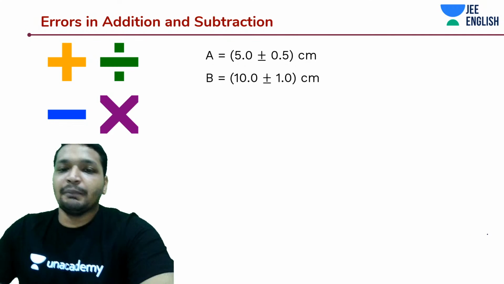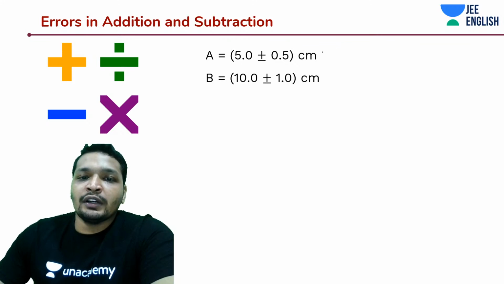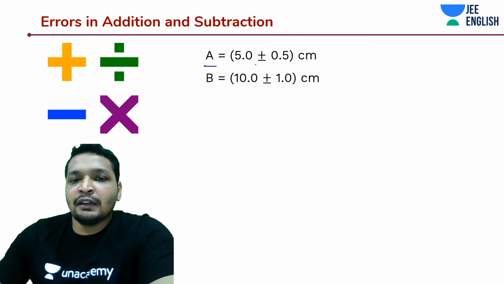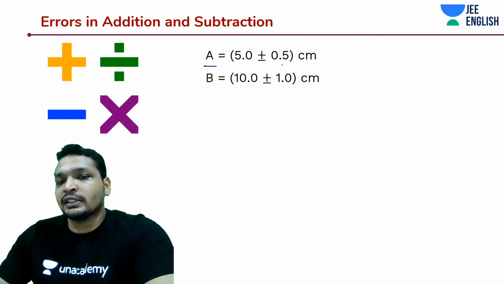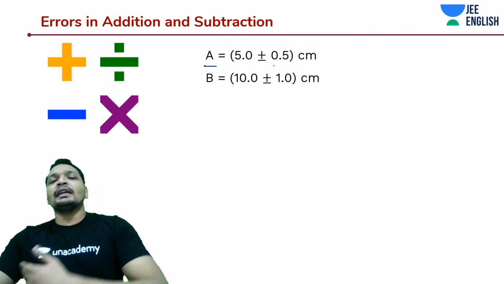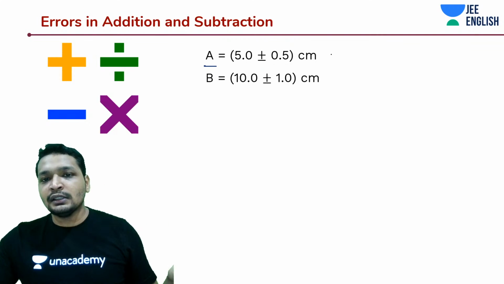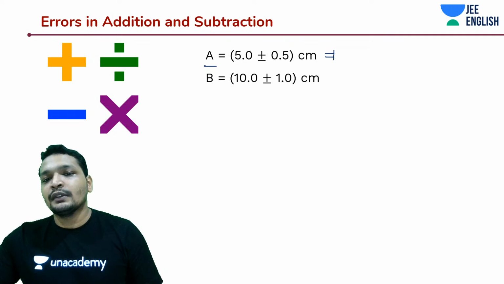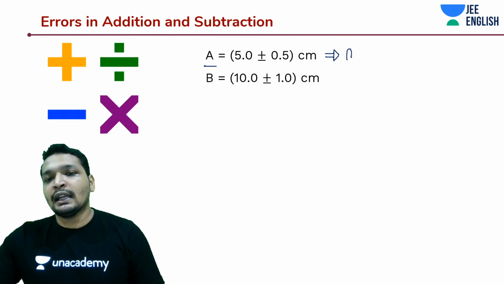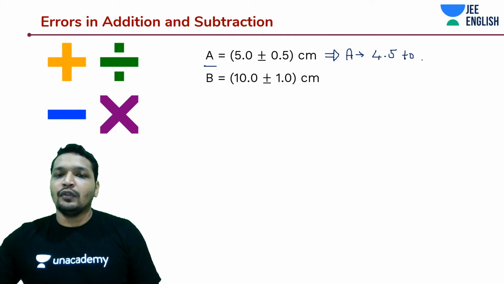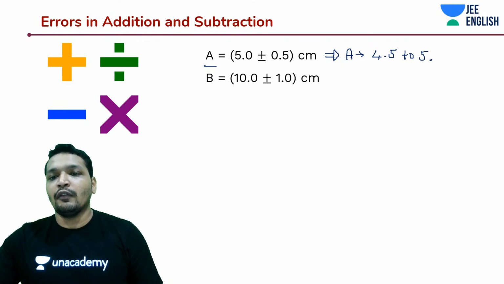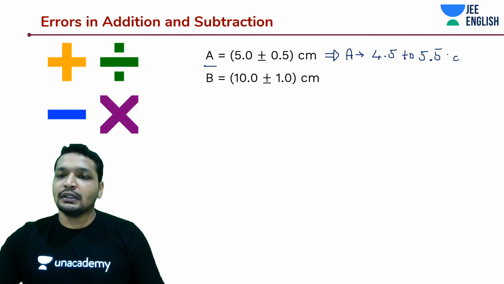a very practical example. Let's say I want to add two quantities A and B. A is something like 5 plus or minus 0.5 centimeter. So this is how you express, guys. So it can be either 4.5 centimeters or 5.5. So what does this mean? This means A can lie between 4.5 to 5.5 centimeter,